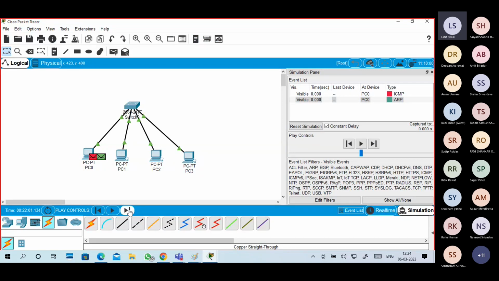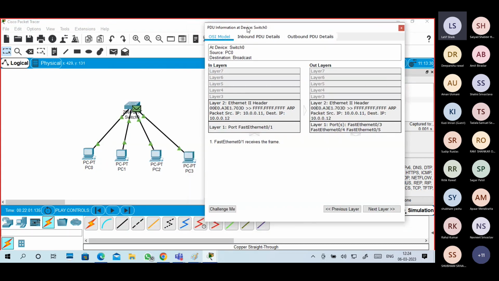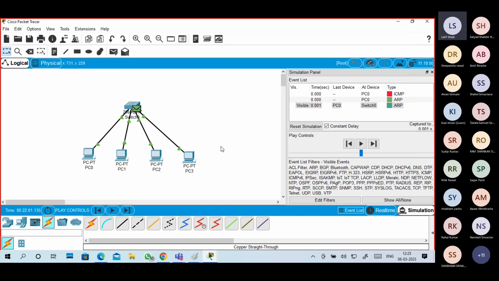It's sent to the switch, and it shows source, destination, source IP, destination IP address. Now it is sending to everyone.